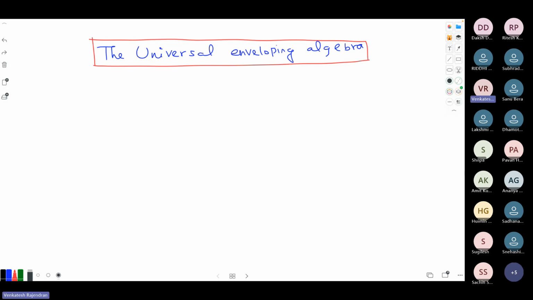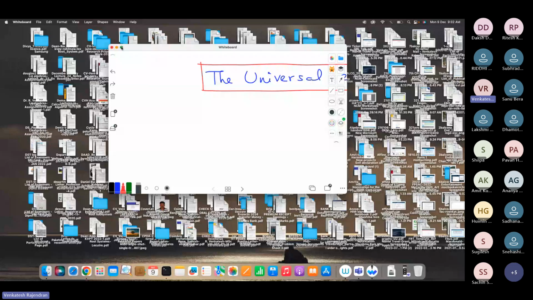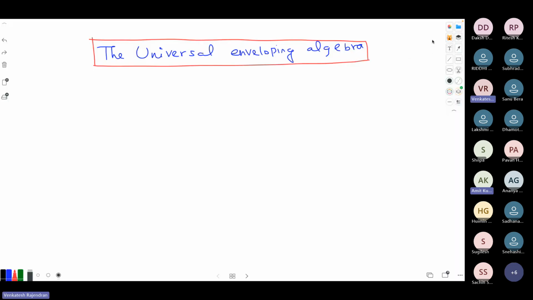So later we will use PBW theorem and then try to understand Serre's presentation of semi-simple Lie algebras. So I assume all of you must have gone through some background in Lie algebras. There were 2 lecture series before yours. Yeah, so they have seen Shraddha's introductory lectures and Sachin's lectures on root systems.